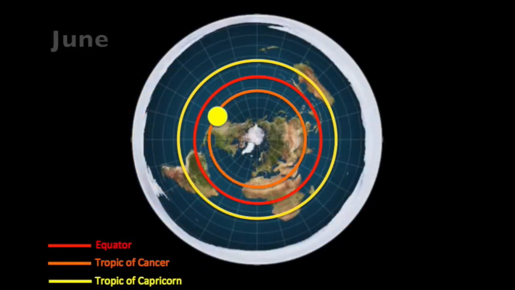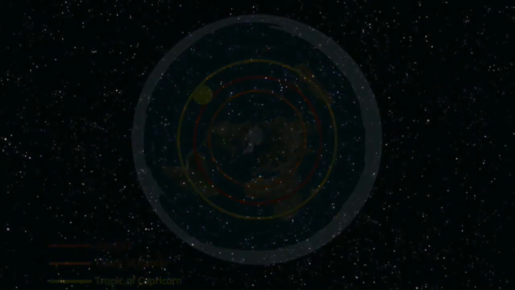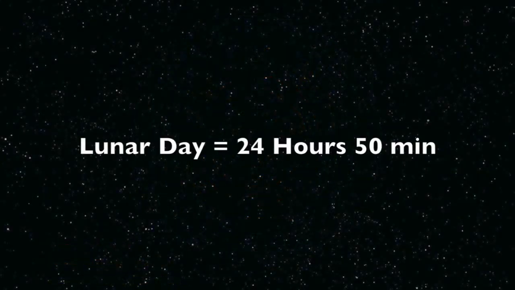In June, the sun is circling over the Tropic of Cancer. So it's got a much tighter circle. In December, the sun is circling over the Tropic of Capricorn, so it's got a much bigger circle. And at the equinoxes, the sun is circling over the equator. Okay, equinox, equator. Now the moon also circles above the flat earth, but the moon is slightly slower than the